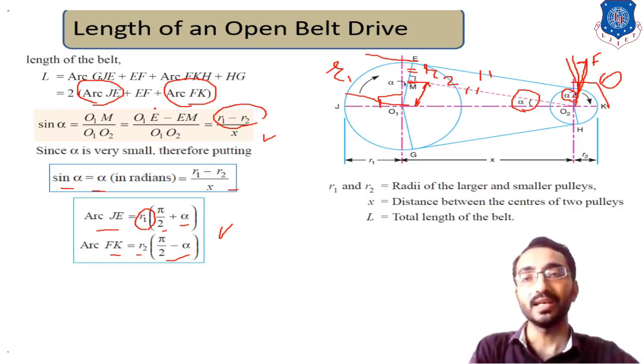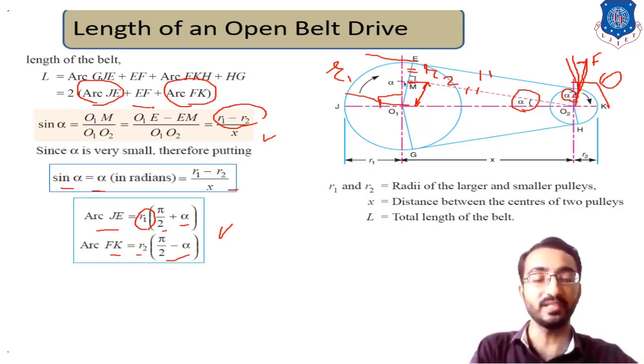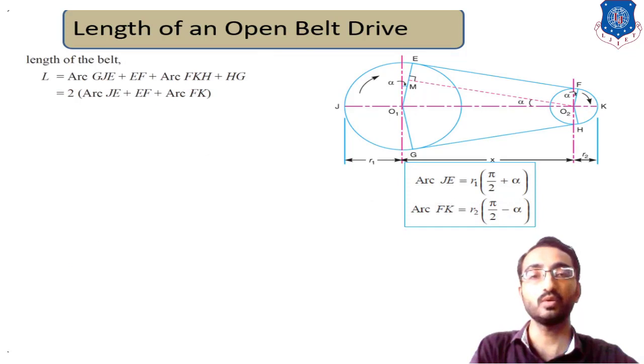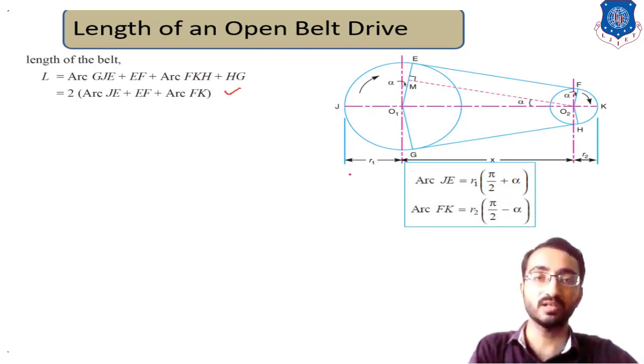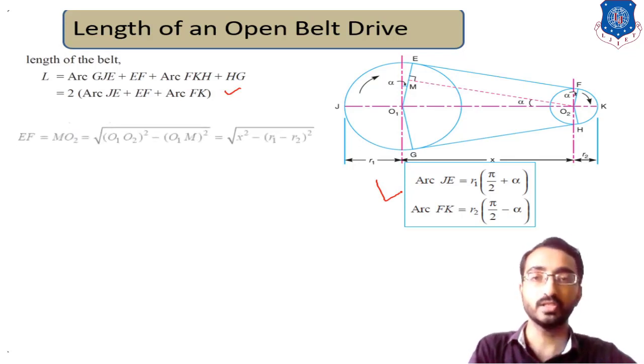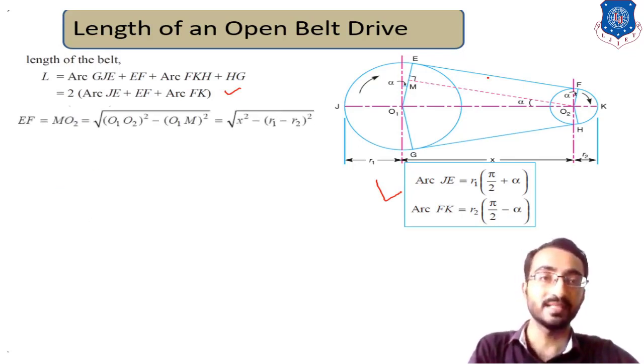Now let's move on to the calculation of EF. For this we are considering the previous derivation. EF is this horizontal length, which will be similar to your O2M length. Over here we can say the O2M length is similar to your EF. Now how can we calculate this?